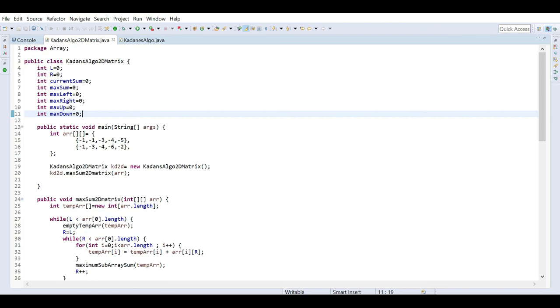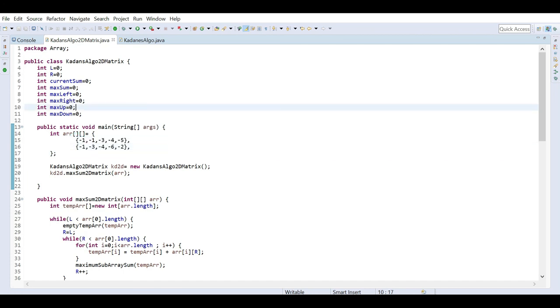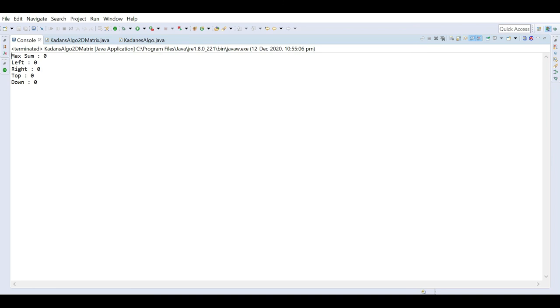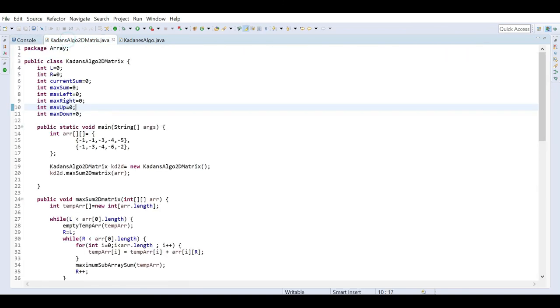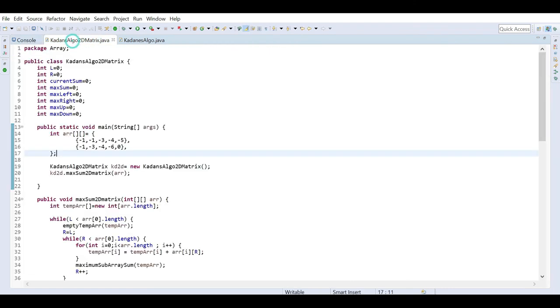Okay, now one thing to tell here is this algorithm will not work if each and every value is negative. At least one positive non-zero number is required to run this algorithm. So here if you see, each and every value I take as negative. In this case, if we run this program, it will not work. It will not give a proper result. So if we introduce one 0 here, that time also it will not work. So to make it work, at least one non-zero positive number is required.